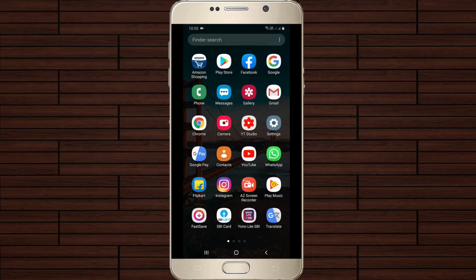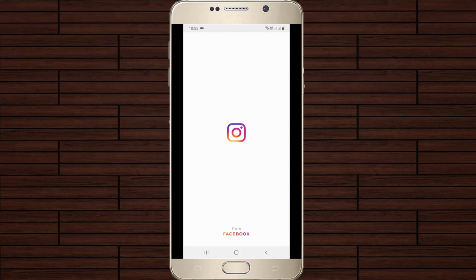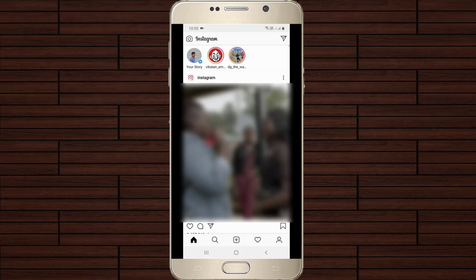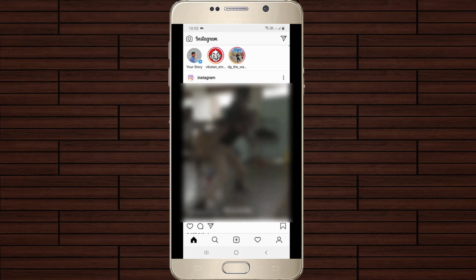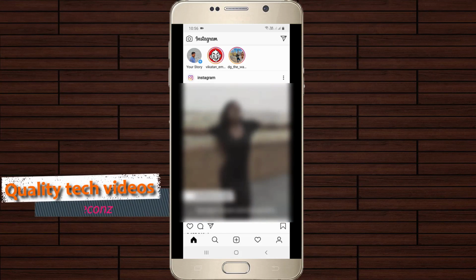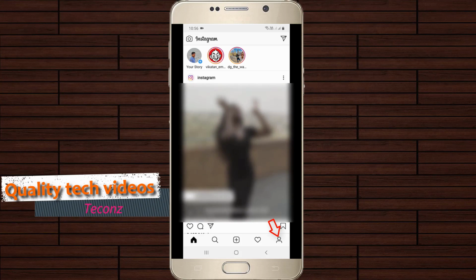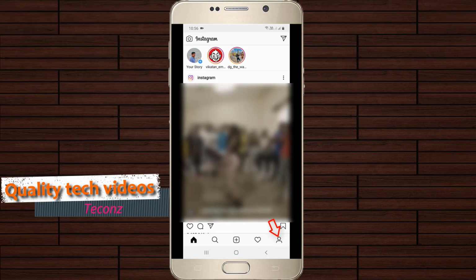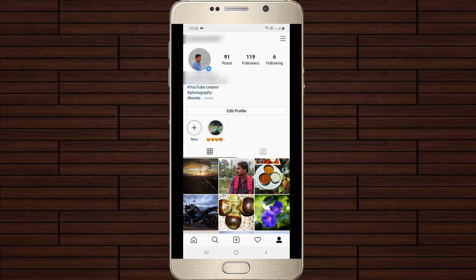So first of all, open your Instagram mobile application on your Android mobile or iOS device, and then sign in to your Insta profile. After you complete these steps, in this feed section you can press this person icon, which is placed at the bottom, the fifth one, and it shows my entire Insta profile information.